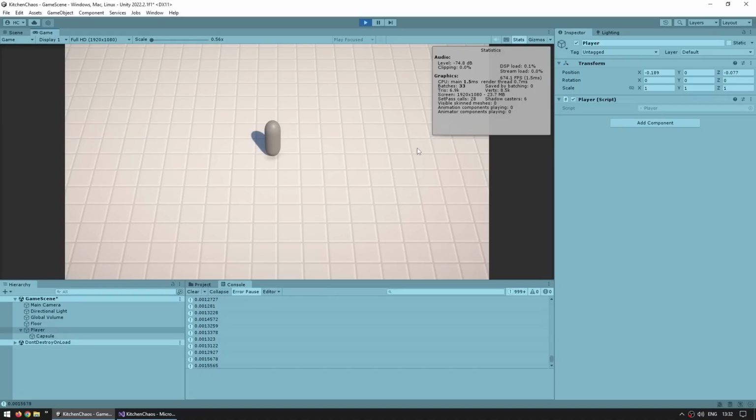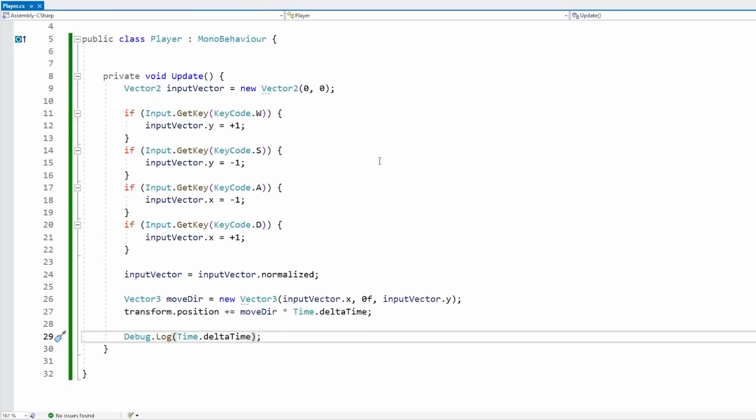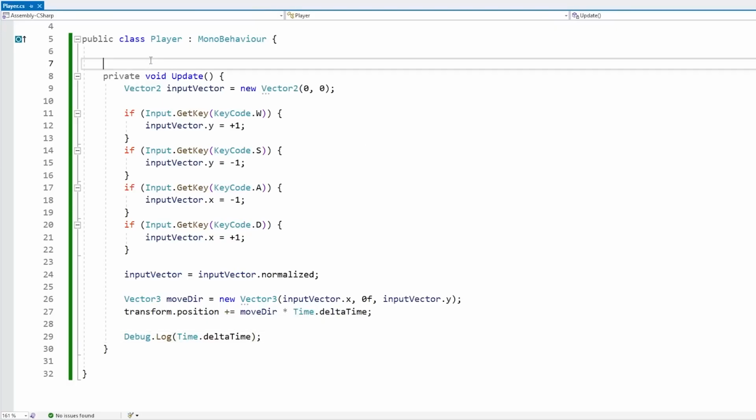Right now with this frame rate, if I move, you can see I'm moving at this speed, and now if I enable VSync, change the frame rate, and I move, I'm still moving at the exact same speed. Okay, that's great. Except obviously it's not exactly great, it's moving way too slow, so let's also incorporate a movement speed. Now for this, once again, most beginner tutorials would teach you to go all the way up here and